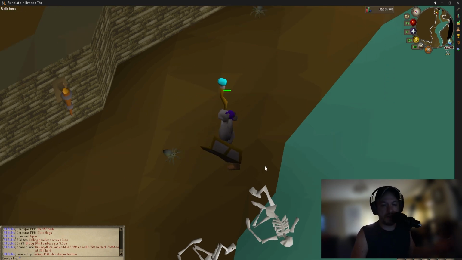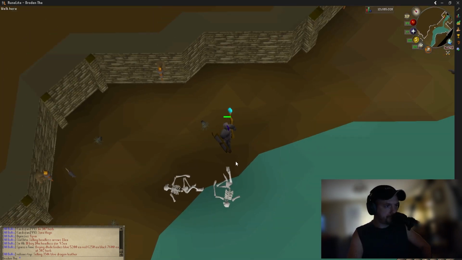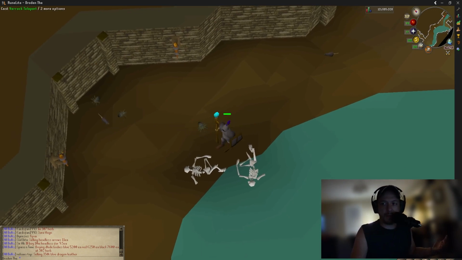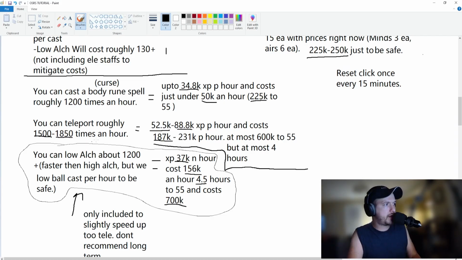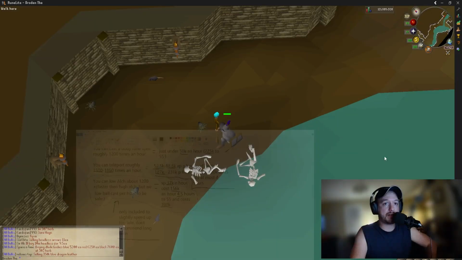So then, boom, you're doing this, and yeah, it's going to be kind of expensive, but we're doing this to speed up from 21 right into 25 into the teleport methods here. Now the teleport, you could either spam the teleport and make 52 to 88k per hour. But I don't recommend this extra nuance, though if you had the extra bank to do this just to speed it up,